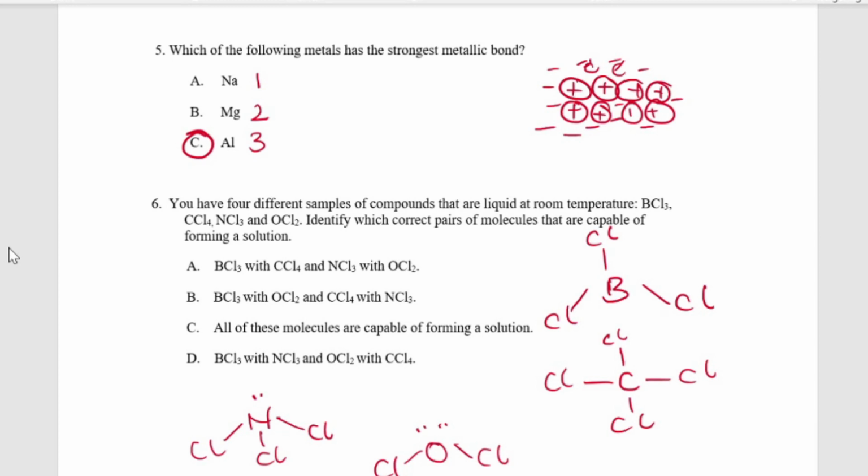so the charges on boron trichloride will cancel out and leaves it a nonpolar molecule. So does the carbon tetrachloride. This will cancel out and leaves it a nonpolar. And for nitrogen trichloride and oxygen dichloride, the central atoms have lone pairs, which makes them polar. So that means